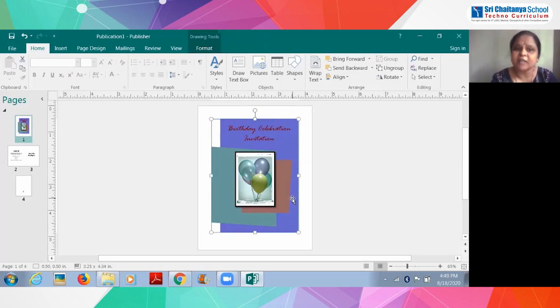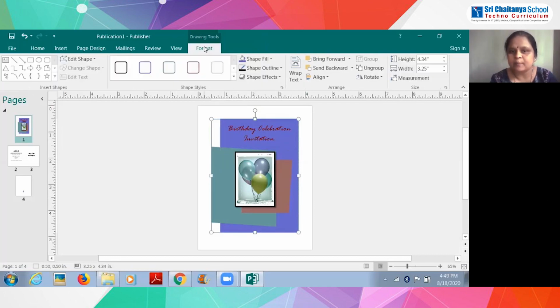Children, do you have any doubt till here? You know how we have opened the built-in, right? What I did after opening is I just clicked on this, added whatever I need, and changed the frame border here just by going to the format tab. Other than that, I have not done anything. Okay, now we shall go to the second page.